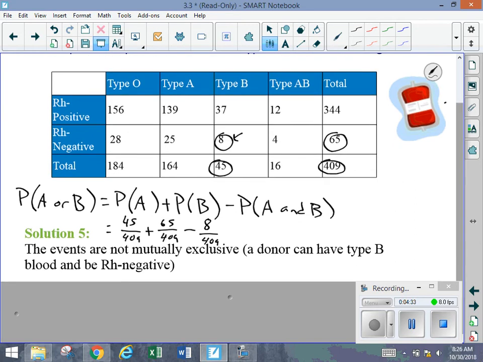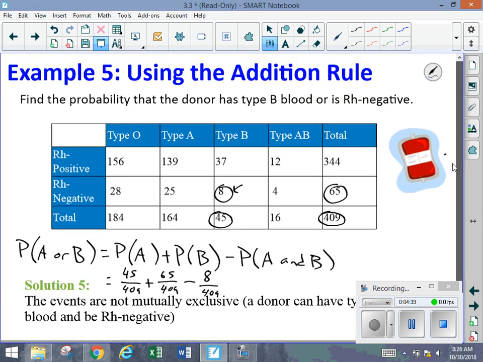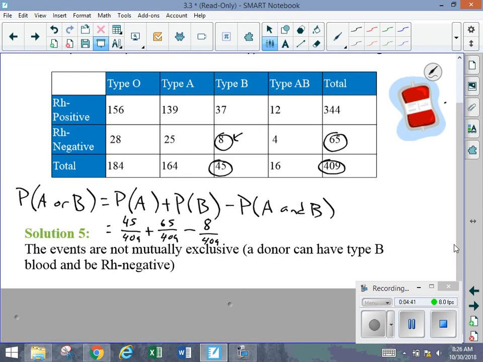I believe that has not been calculated yet. Okay, cool. Let's calculate it. That is going to be equal to 45 divided by 409 plus 65 divided by 409. I could have saved myself a whole lot of time and just put those all in my numerator. Okay, approximately